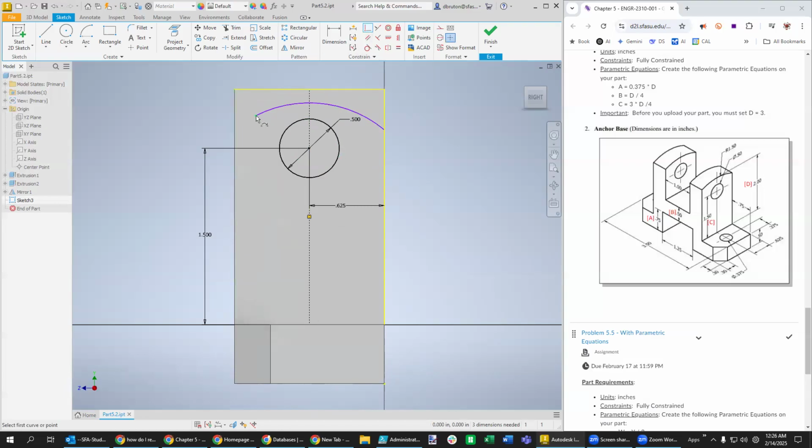It's still not connecting all the way over there, but you know what to do, right? Just hit escape. And we say we want to make that point coincident with this line. There we go. And hopefully it already knows that this point is coincident with that one. Yeah, it already knew that part. Then finally, we can make this right here tangent with the top. Let's see. There we go. Tangent. This one and that one. Yeah. And I guess the reason why it's still purple is because we haven't told it that it needs to be 1.5,